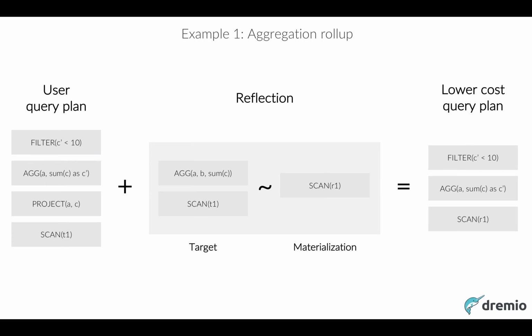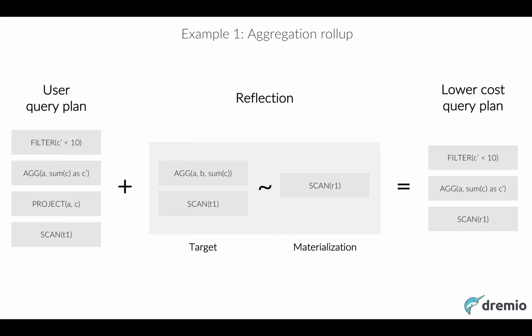The first example here is an aggregation rollup. In this case, we have the user's query plan, which is what the user's SQL query got compiled to. You can see that it has a scan of table 1 at the bottom. It's then projecting two columns, A and C, and then aggregating by A and summing up the C column, and then finally filtering so that we're keeping only the records where C is less than 10. If you take that query plan and we have a reflection in this case, which is a scan of T1 and an aggregation by A and B on top of that, summing C,